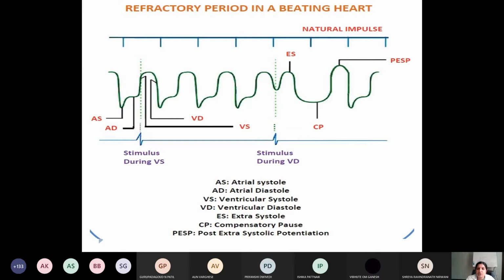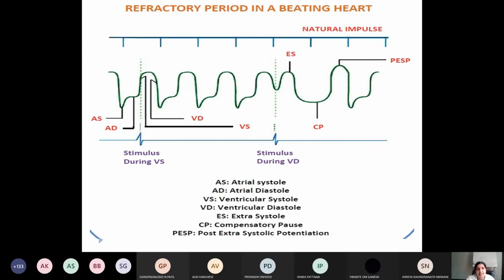Systole is always followed by compensatory pause. So this picture, just remember, then now I will explain another point, PESP, which is post extrasystole potentiation. It means the next systole you get after the compensatory pause is bigger in size. The systole is stronger, followed by the extrasystole and compensatory pause. So three points you have to remember in